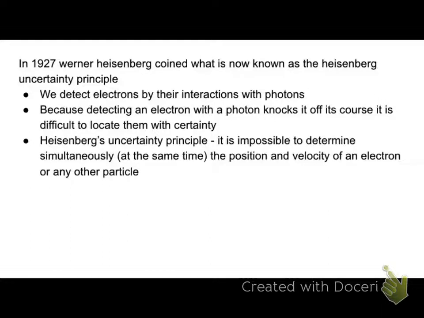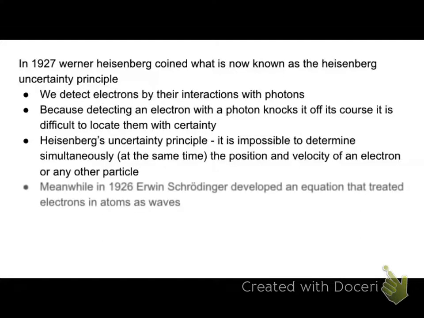At the same time, or actually just slightly before, that Werner Heisenberg was discovering this, Erwin Schrödinger was developing an equation that treated electrons as waves when they are in an atom. And he was able to come up with a way to mathematically calculate their energies because, as we know, if they're acting like waves, then they should have an energy associated with them. Okay? So if you remember,